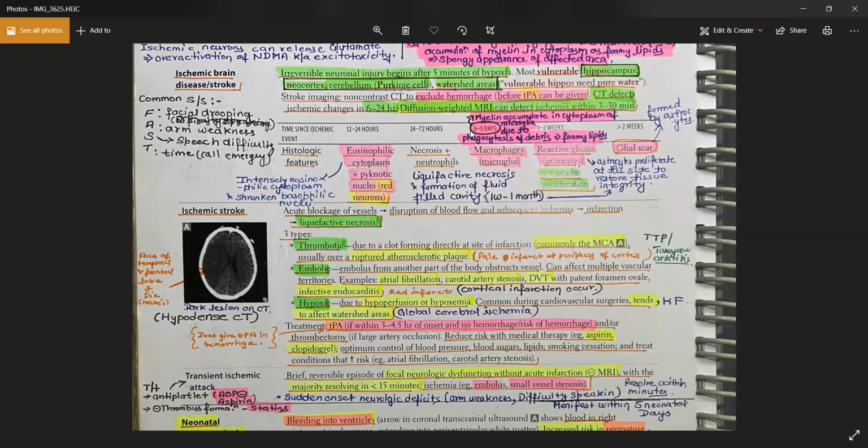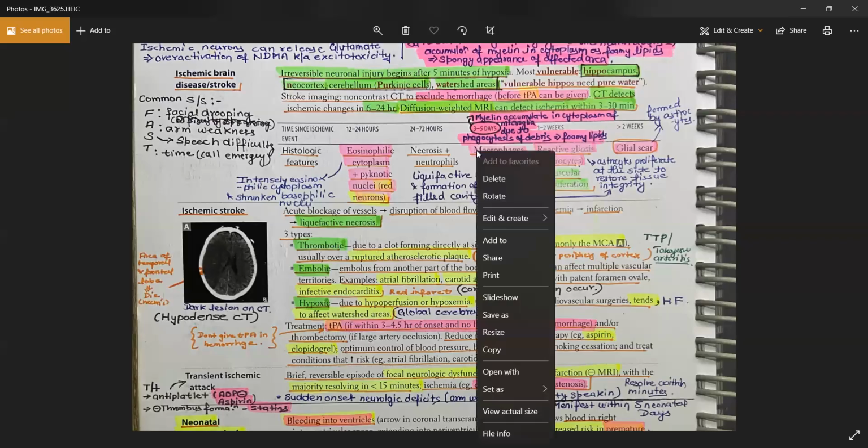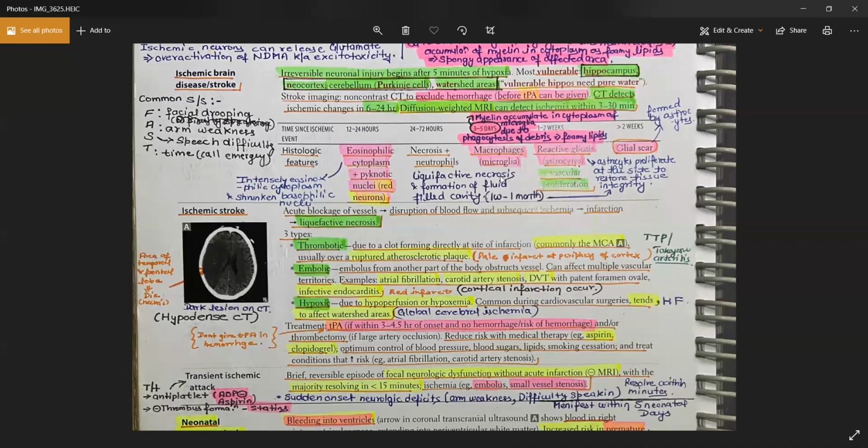Okay, so after 3 days, the macrophages will arrive at the location, and then they will start phagocytosing everything, including the myelin. If you look at the macrophages under the microscope, what you will see are the lipid-laden macrophages or the foam cells, because all of these macrophages will be filled with the myelin and the other lipids. So what you will see are the foamy macrophages after 3 days of the